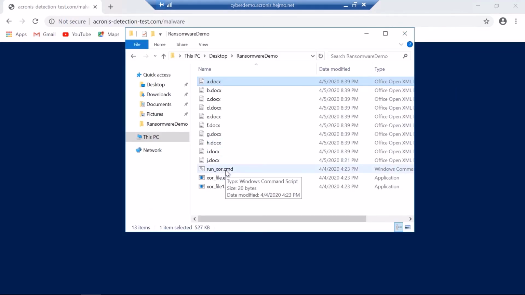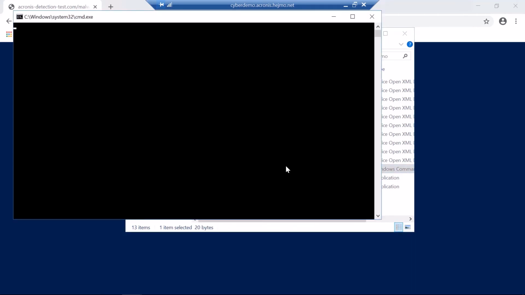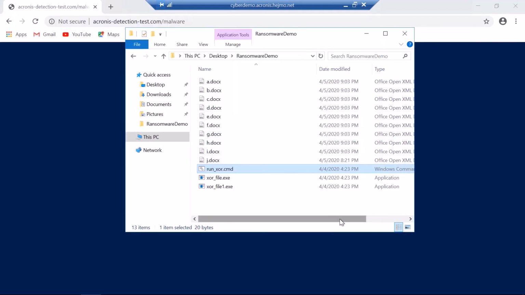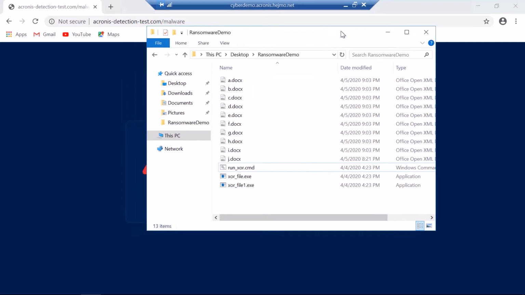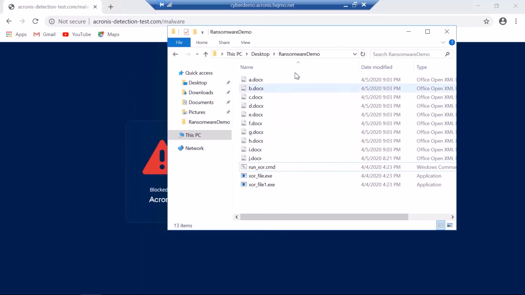So when I run it, it will try to encrypt all those files, and our active protection mechanism will restore them. So I'm running this ransomware. It tries to encrypt the files. They will be replaced by something, I need your money, and immediately reverted. I think this process is as fast as it can be, and it's that fast that I will only see